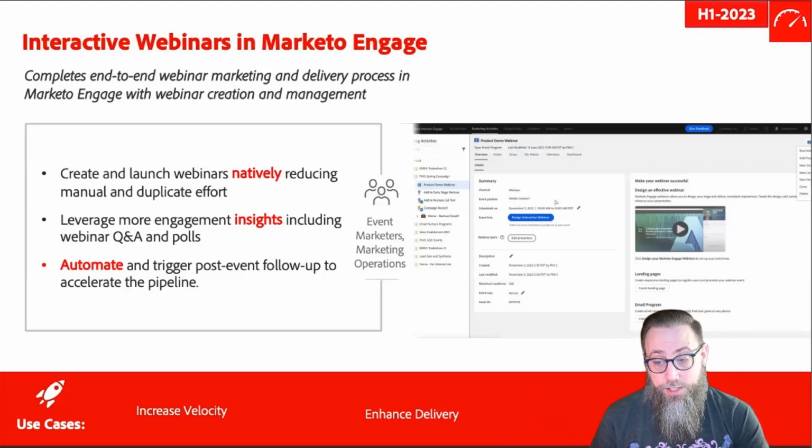So this is going to be coming in the first half of this year, so relatively soon. I'm really excited to demo this and see if this is something that can create better experiences for our customers, because I think it will. And then also fewer headaches for us operators out there in how we make things work and how we build things.